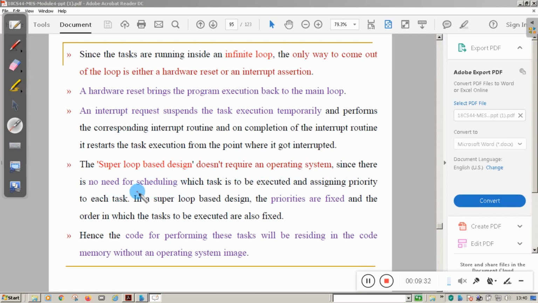In the super loop approach, the priorities are fixed: the first task will be executed, next the second task, next the third task, something like that. The code for performing these tasks resides inside the memory. So this doesn't require any operating system or any priority scheduling of tasks. This is the advantage.